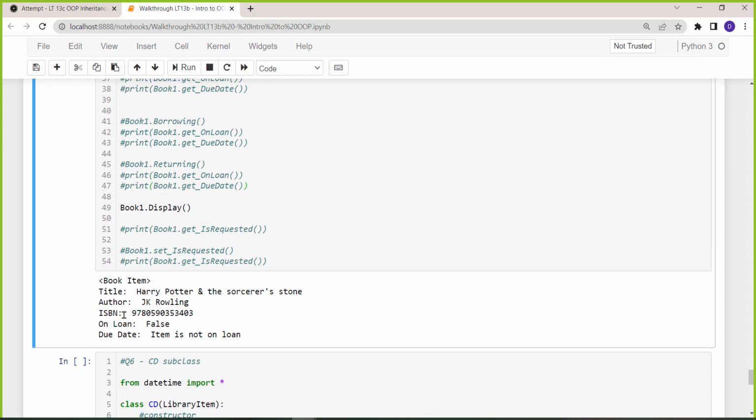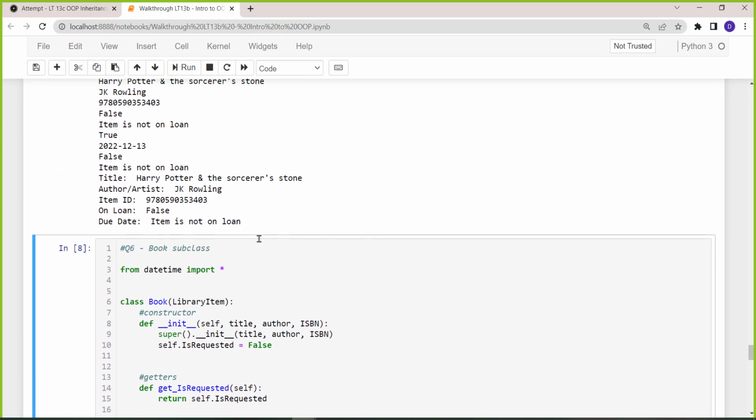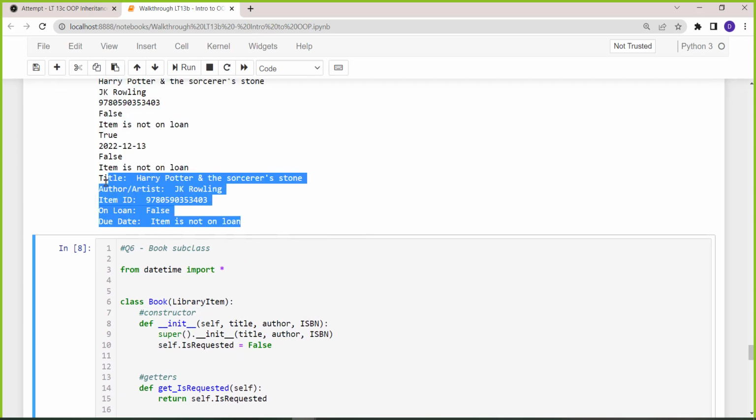So this display now shows that it is a book item. It shows an author and an ISBN, which is different from the parent's one. The parent's one will show as title, author, artist, item ID. So it looks different. So this is called polymorphism. Okay, so we have created the subclass